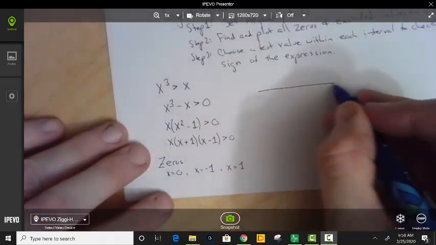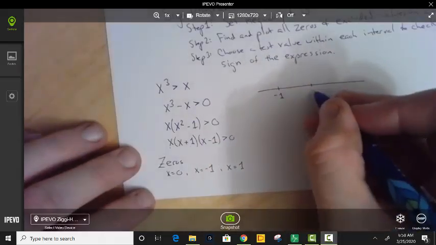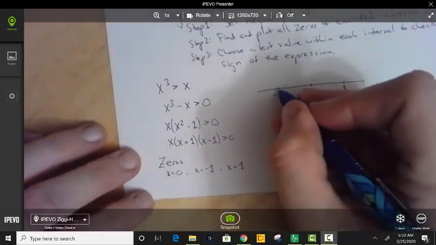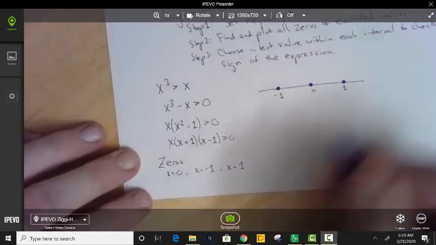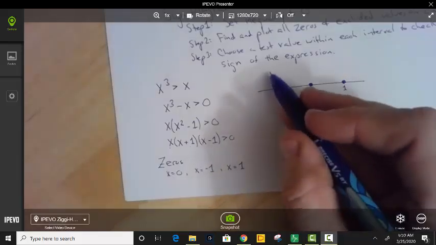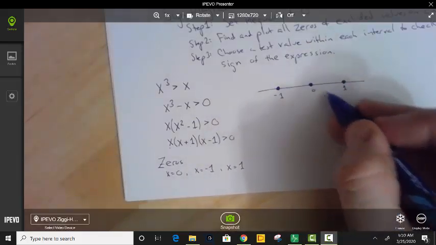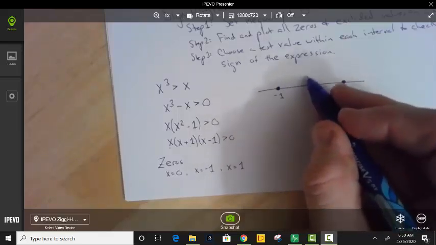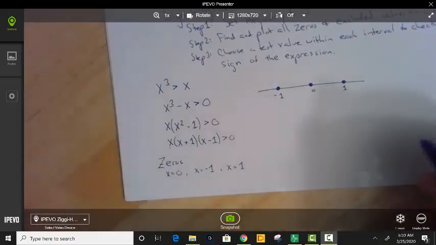So I'm not going to draw the entire graph. I'm going to just draw a number line. So negative 1, 0, and 1. And these are all going to be solid points because these are all x-intercepts. So the graph might be in like an S shape that does this. It might be an S shape that does this. We might have like a parabola, so on and so forth. But we're not going to draw the entire graph. And we could, but we don't need to. Now,